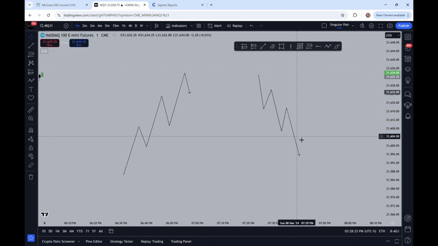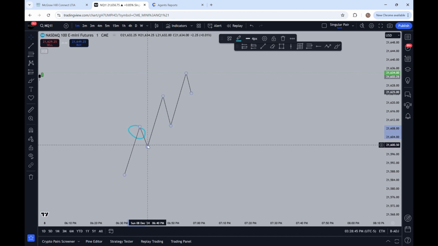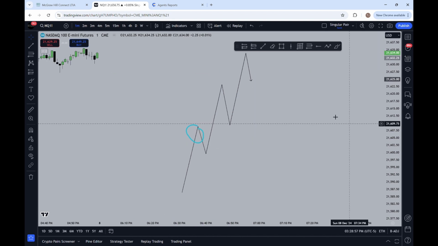So, do you see where, right here, we have a high, a low, a higher high. Now, this is all mitigation is. It's a high, a low, a higher high. Right? That's all it is. So, this right here,